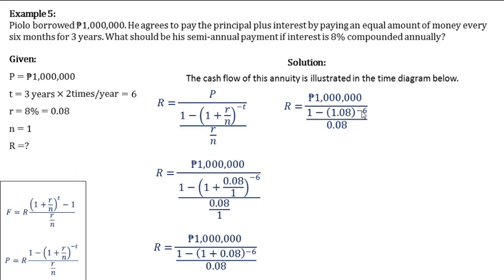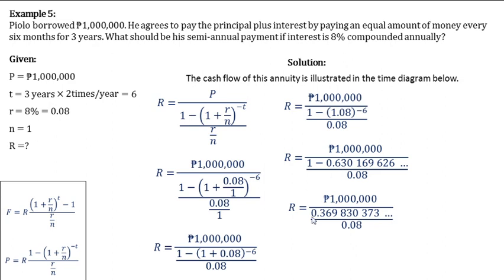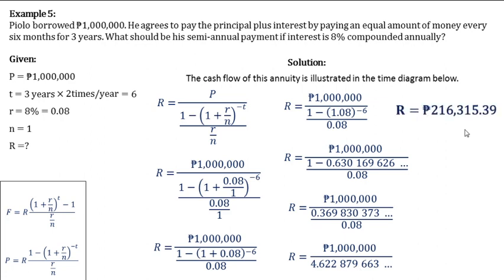Then, raise it to negative 6. That is 0.630169626, and so on. So, 1 minus the answer we got, that is 0.369830373, and so on. Divided by 0.08, that is 4.622879683. Then, 1 million divided by that answer. So, his periodic payment, every 6 months, he will pay